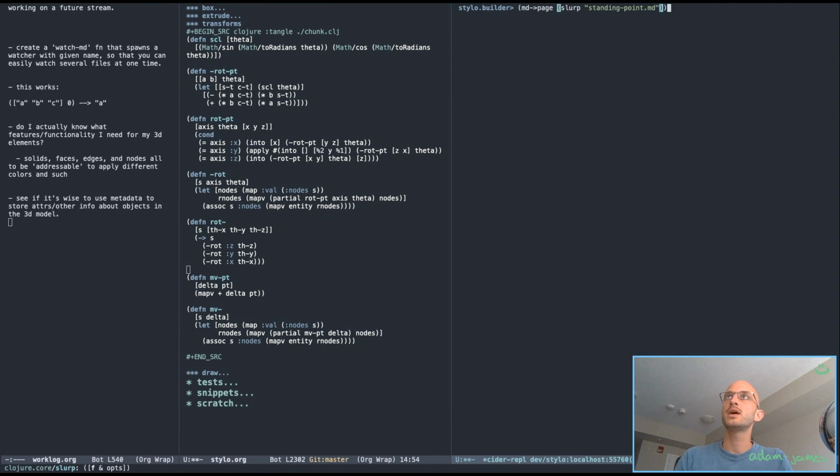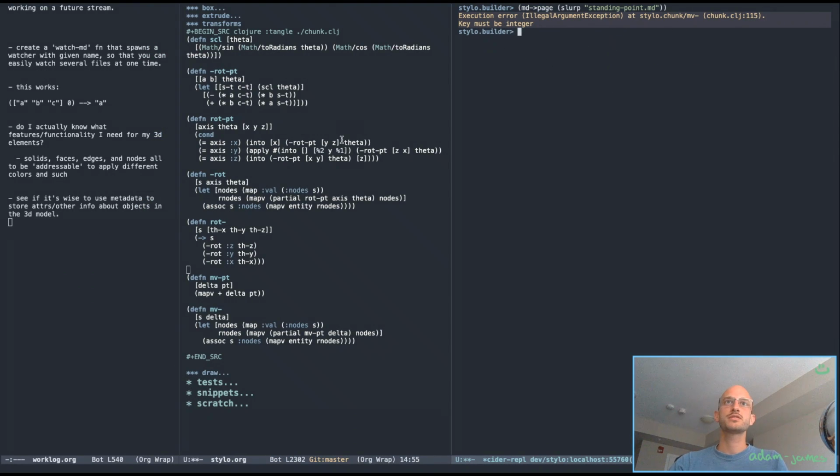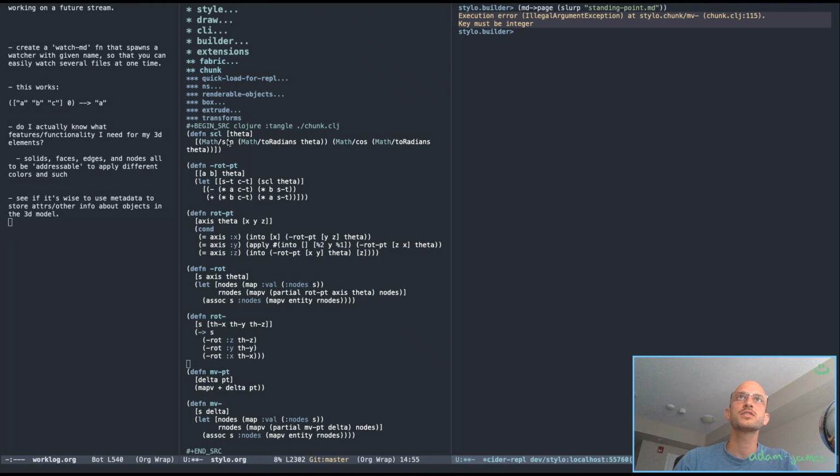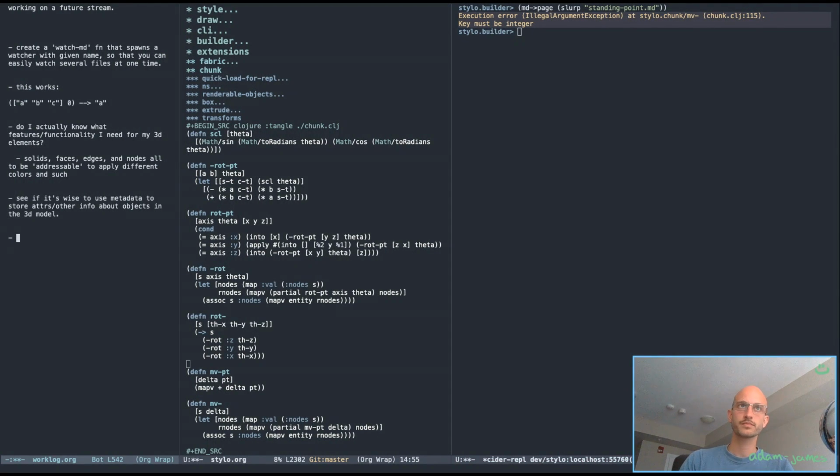So what I'm doing right now, I'm just running the same function here in the REPL so that I can see the error. Key must be integer. So I just don't even remember the argument signature of my functions. That's part of my problem. S delta. Consistency with